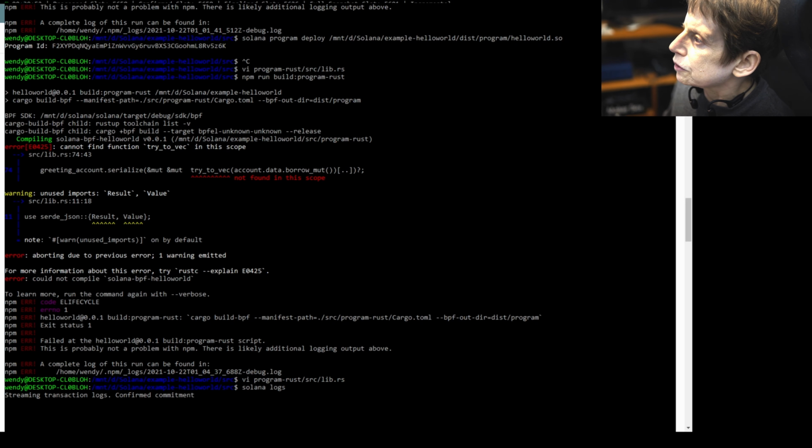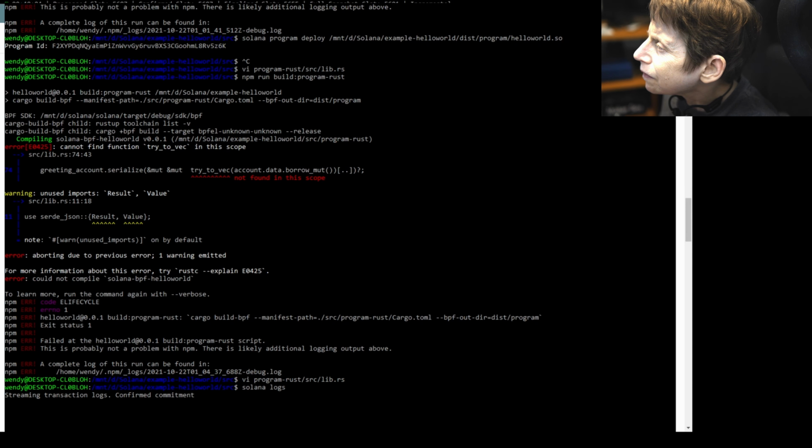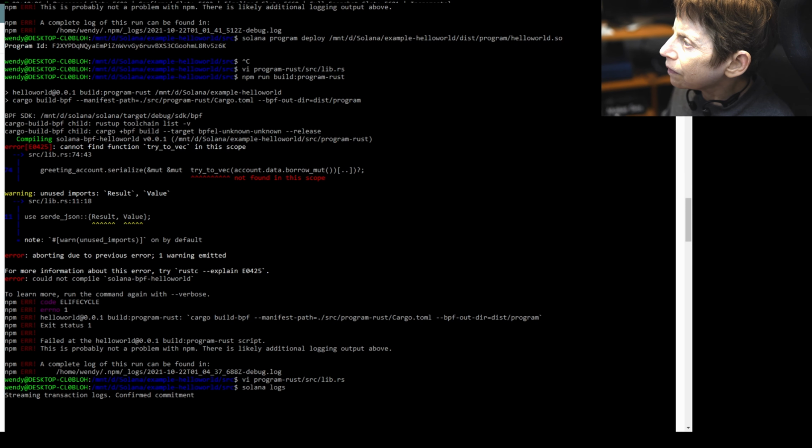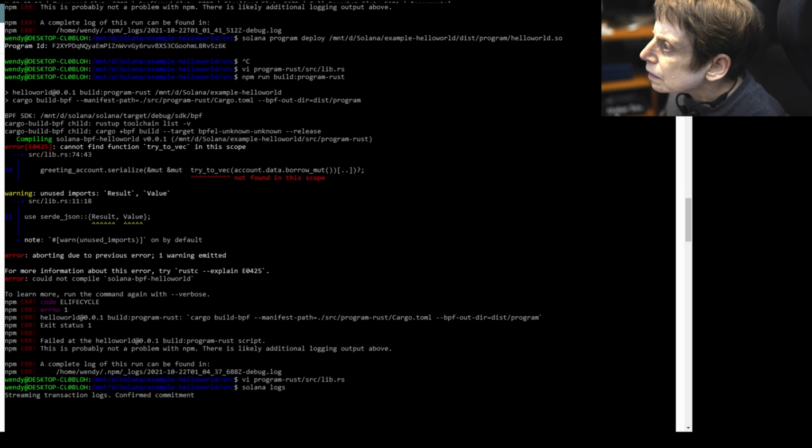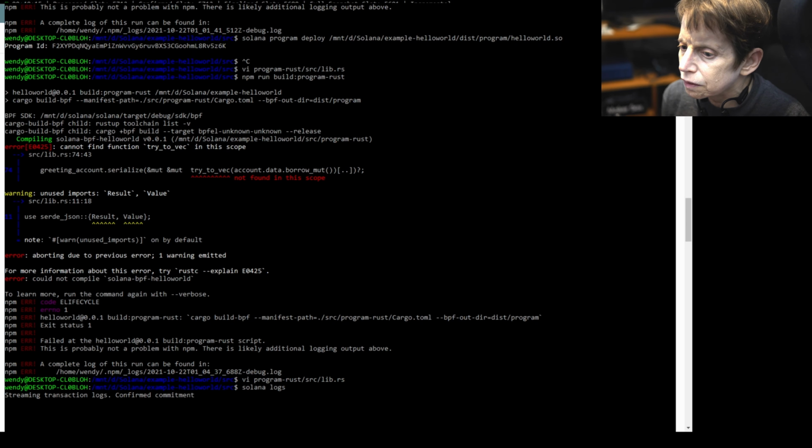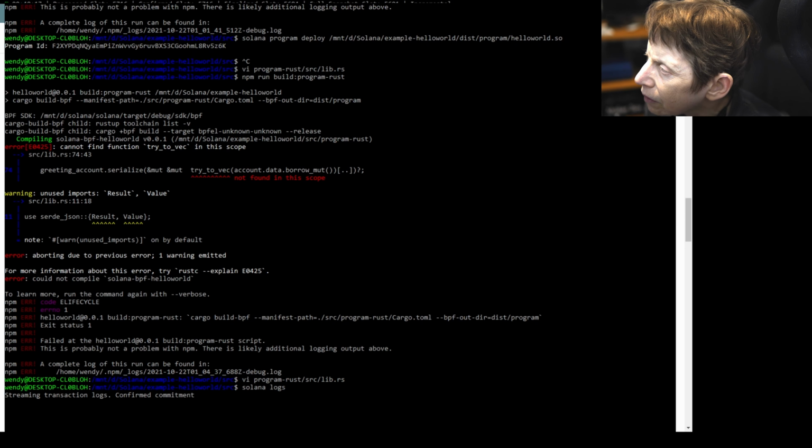Let me try to see what happens when I try to run the DAP, even though I know it's not going to work. Now what you should see is it's going to attempt to do something,